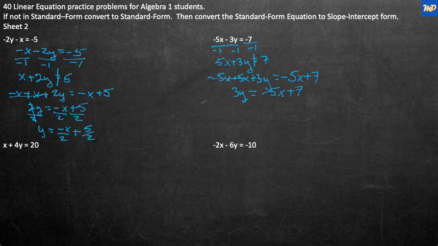By dividing by 3, I'll do it. That's the easy way to do it. I'm going to divide by 3, divide by 3, divide by 3. These 3's here will now cancel. That's why we divided by 3, to get rid of this 3 on the top. We end up with y equals, this was negative 5x divided by 3, so it's now negative 5/3